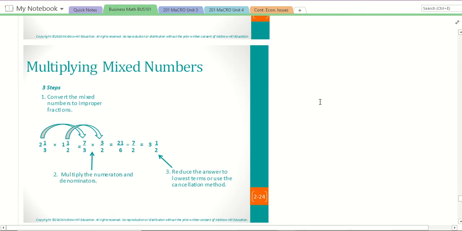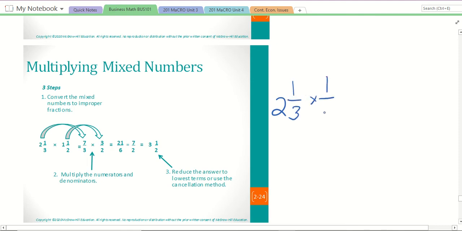Multiplying mixed numbers becomes a little bit more difficult, but not really. You just basically turn it into an improper fraction, is all you do. I'll work it out over here just because this might be a little confusing, but we have 2 1/3